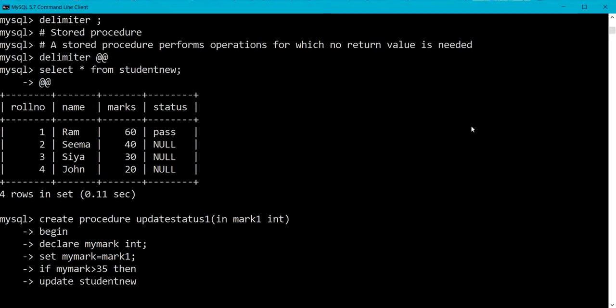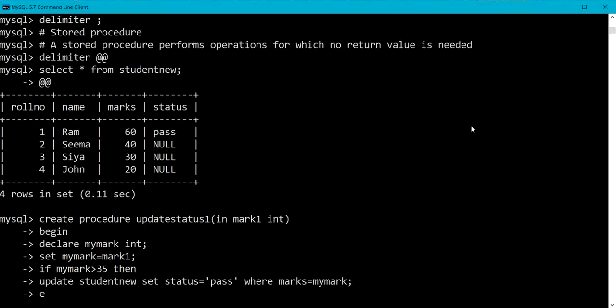So update, name of my table is student new, set status equals to pass, where marks, it is a column in my student table, marks equals to my mark, which is a variable we have declared in stored procedure.